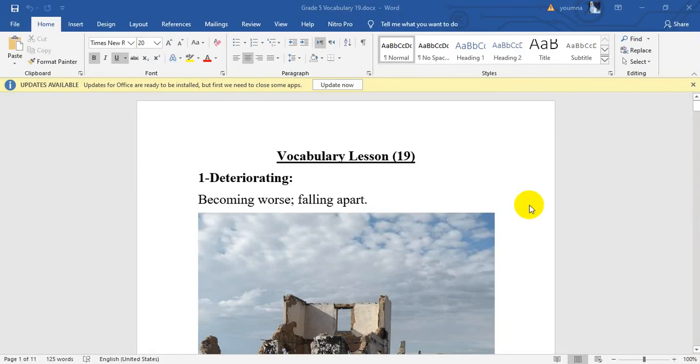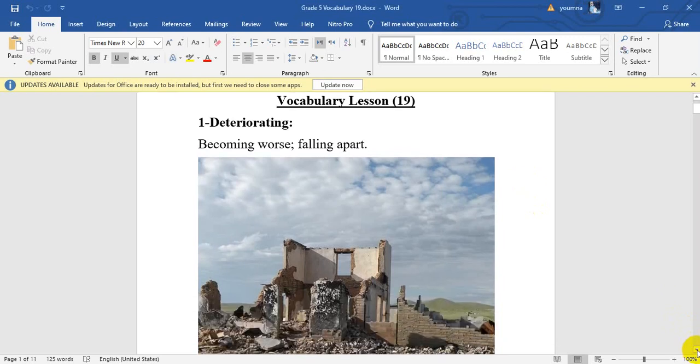We have, as usual, 10 words as vocabulary to practice. We have to understand them very well because at the end of this session I'm going to choose 5 of these vocabulary words to start a research about them. First of all, we have the word